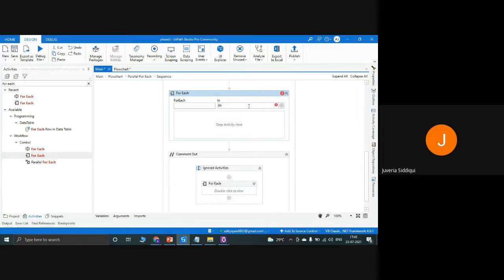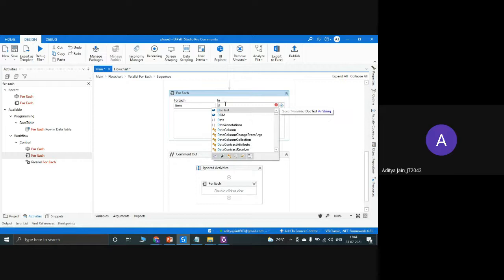Okay, and then for each, give a variable, like for each item in this, something like that. Give a variable. Okay, now it's coming.